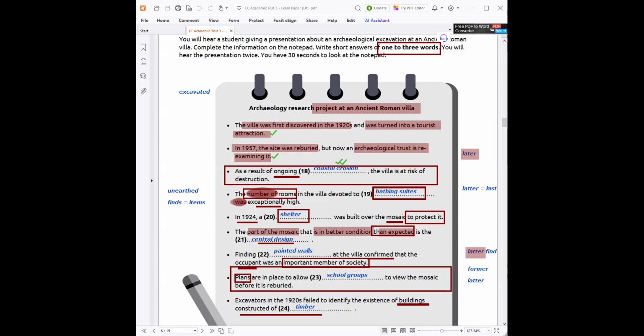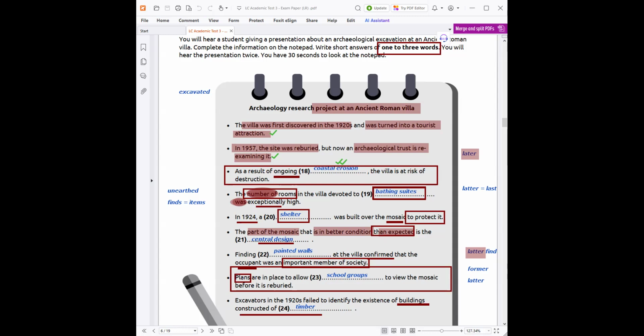Work will continue elsewhere on the site. Underneath the Roman villa, traces of earlier buildings relating to the late Iron Age have been discovered. In many ways, these pre-Roman remains are of even more importance than the villa. But these early structures are much harder to identify and were missed by the excavators of the